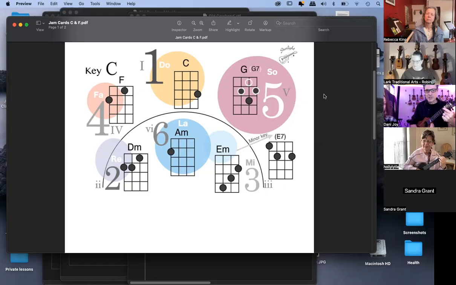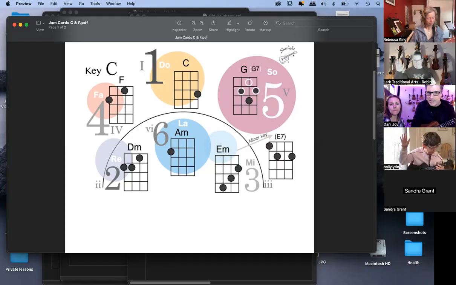Now, that's the spicy chord, okay? That's the one that is not diatonic. It's got some notes that are not part of the C major scale, and it makes people go, huh, what's going on here? So how many of you guys know how to play A7? Raise your hand if you know how to play an A7. Raise your hand if you don't. Okay, an A7, the good news is it's easy. You just play open G